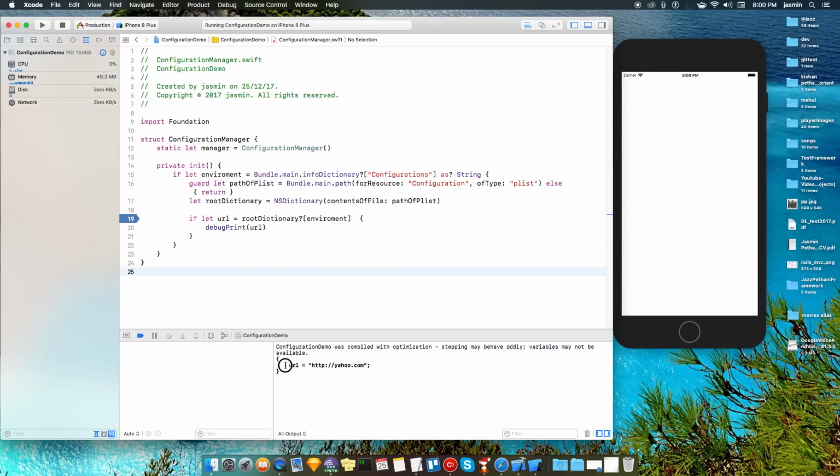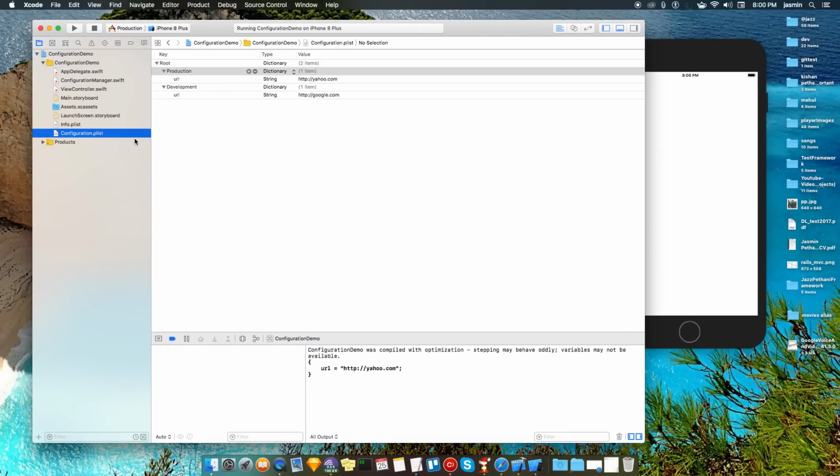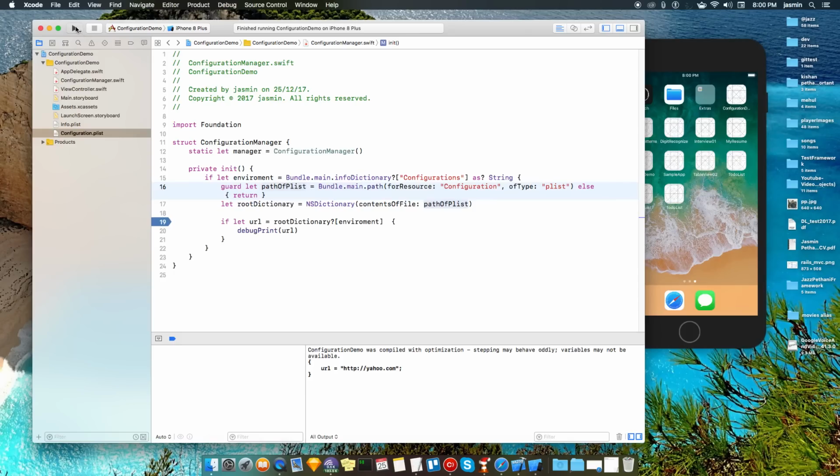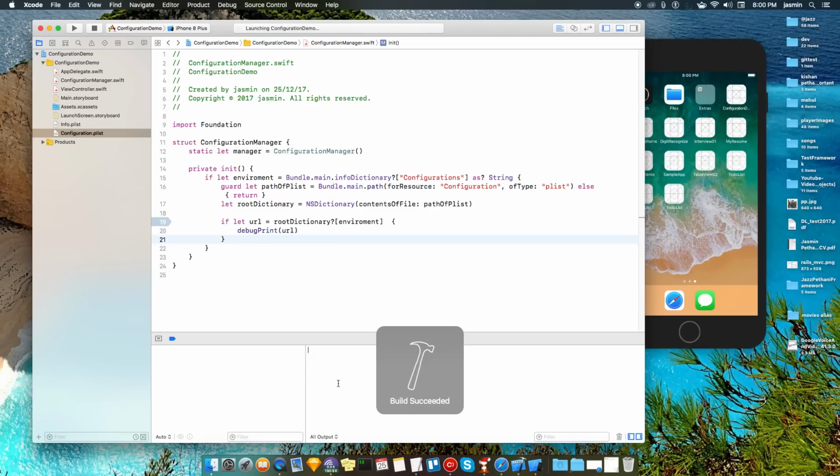Yeah, as you can see we got one dictionary which is yahoo.com, and as you can check in this dictionary.plist, yahoo.com is a production level thing. You can change the environment and rerun the app, so you can differentiate between these two schemes they are getting.